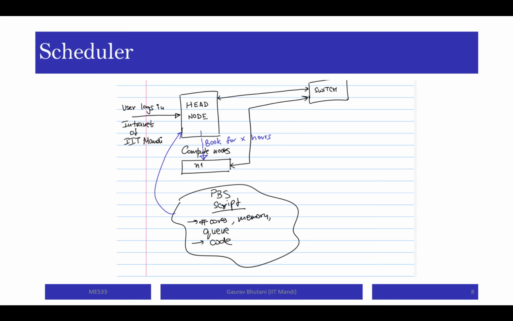So what does a scheduler do? What you do as a user is you write a PBS script. It's like a bash script, but we call it a PBS script. In the script you have to specify how many cores you want to use for your code execution, how much memory you need, which queue you want to send it to, and then you write the code. So, all the resource requirements as well as your code that you want to run, you have to specify